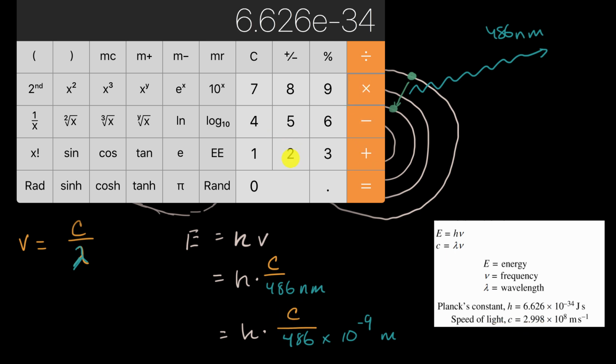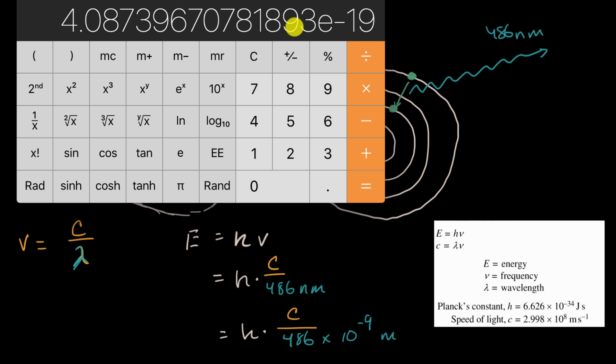So times 2.998 times 10 to the 8th meters per second gets me this business. And then I'm going to divide that by 486 times 10 to the negative 9th, gives me, I think we deserve a little bit of a drum roll, gives me this. And if we were to look at 3 significant figures, this would be